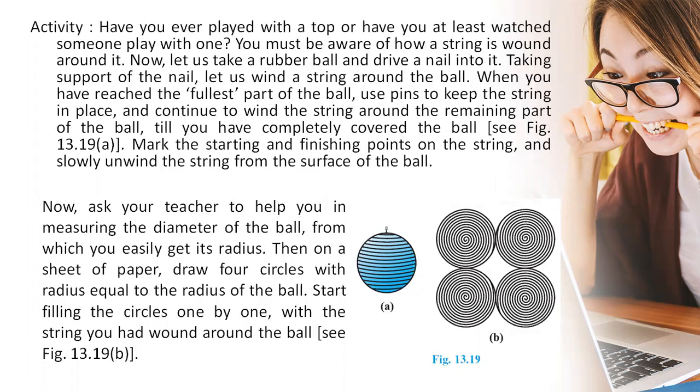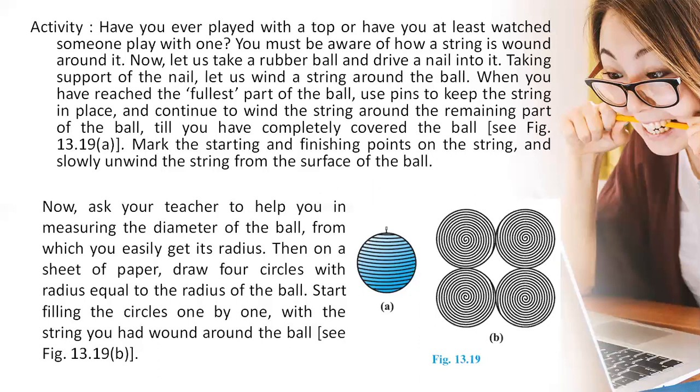Now, we need to select any point on the surface of the sphere, that is the ball, and fix the board pin. With the help of the thread, we need to cover the entire surface of the sphere in such a manner that no space is left uncovered. Now, we need to discard the extra thread at both the ends, and now we need to draw 4 circles with the radius that we have calculated before. So, the area of each circle is pi r square.